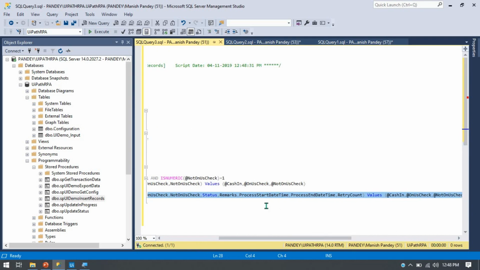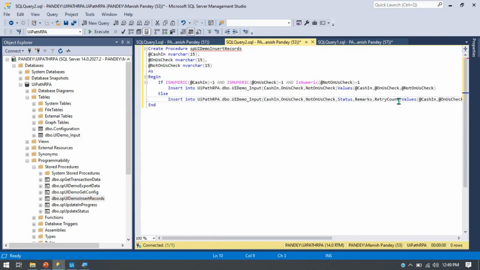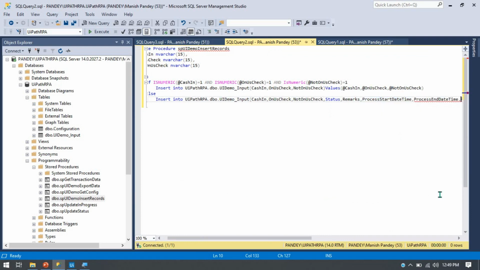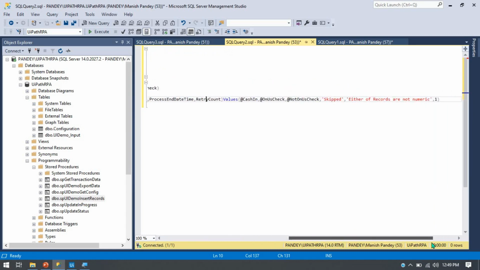so you can see here at the same time we can insert the process end time and process start time. So we can write here comma process start date time comma process end date time. So for the start date time and end date time we can write here comma GETDATE comma GETDATE. So GETDATE will show you the output current date time. Okay, and then